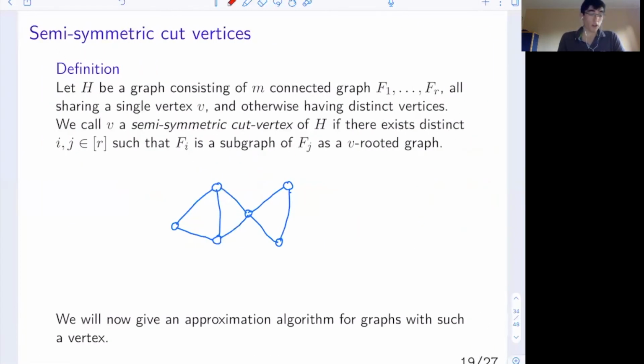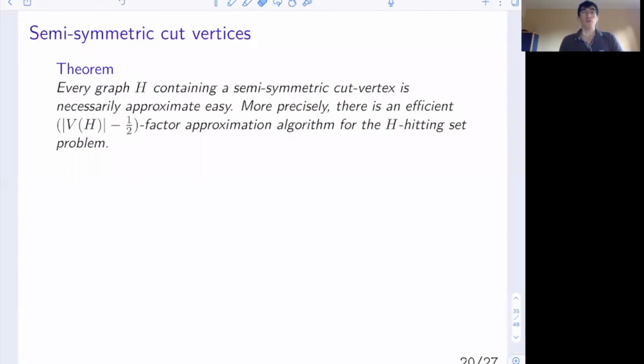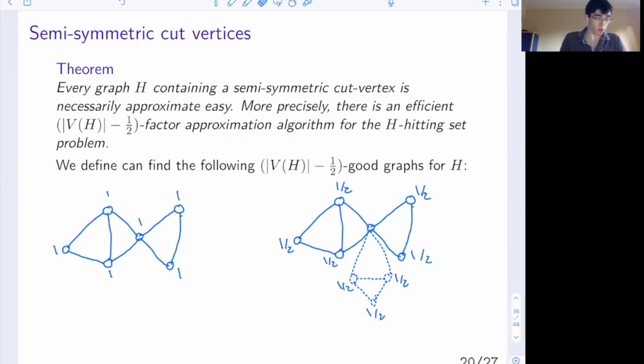We will now be providing an approximation algorithm for any graph that has such a vertex. To put that a bit more formally, we have the following theorem. Every graph H containing a semi-symmetric cut vertex is necessarily approximate easy. More precisely, we have an efficient k-1/2 approximation algorithm for the H-hitting problem. We define the following k-1/2 good graphs for H, given some